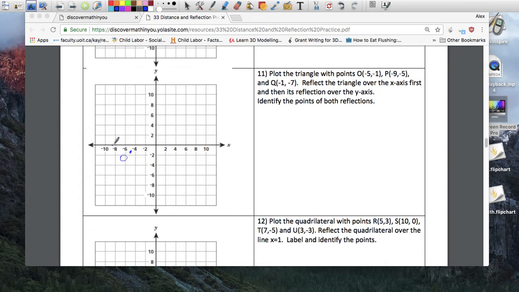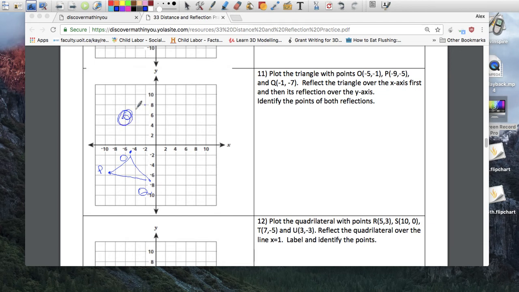P is -9 and -5. And Q is -1, -7. So here's my triangle, OPQ. When we reflect this over the x-axis, so here's my x-axis, we're going to go from here to here first,